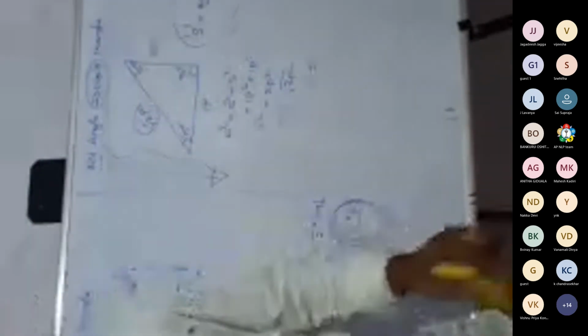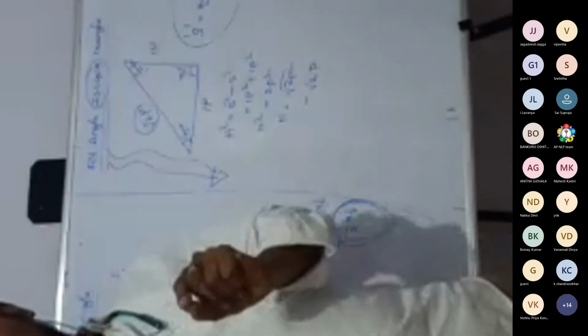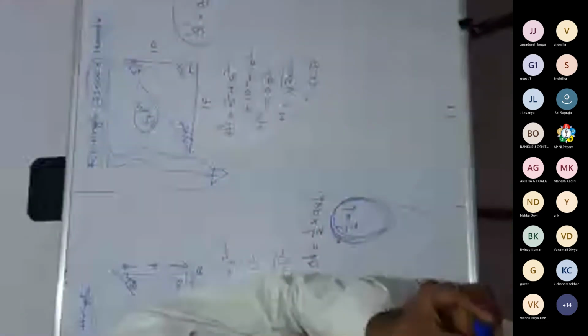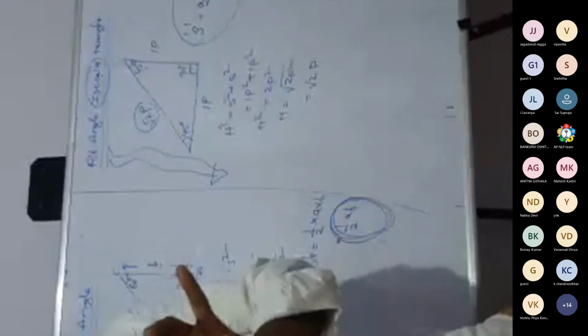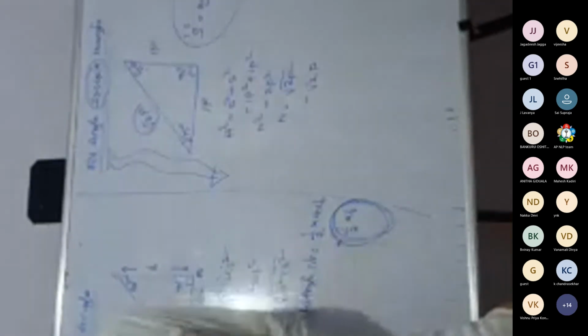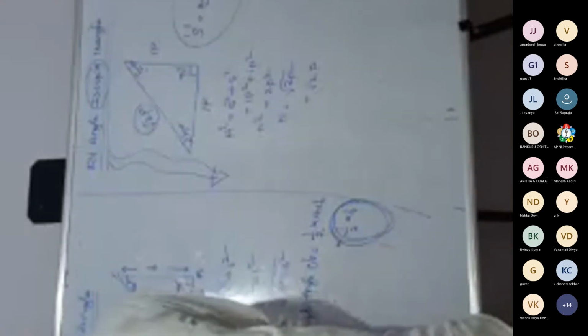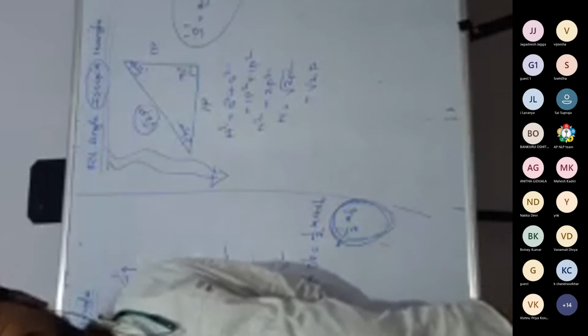See, that is scalene triangle. Delta is equal to, from Heron's formula we are writing that formula, root over s into s minus a into s minus b into s minus c, where s is semi perimeter, s is equal to a plus b plus c by 2. That is sum of the sides by 2. That is semi perimeter. That is clear. Which formula is scalene triangle? Then after that, isosceles triangle, area of isosceles triangle is b by 4 into root over 4a square minus b square. What is the perimeter, sir? 2a plus b. See, keep the formulas in mind.